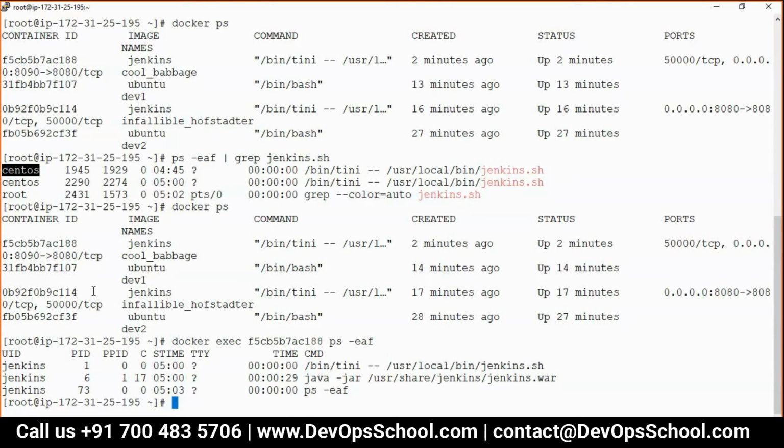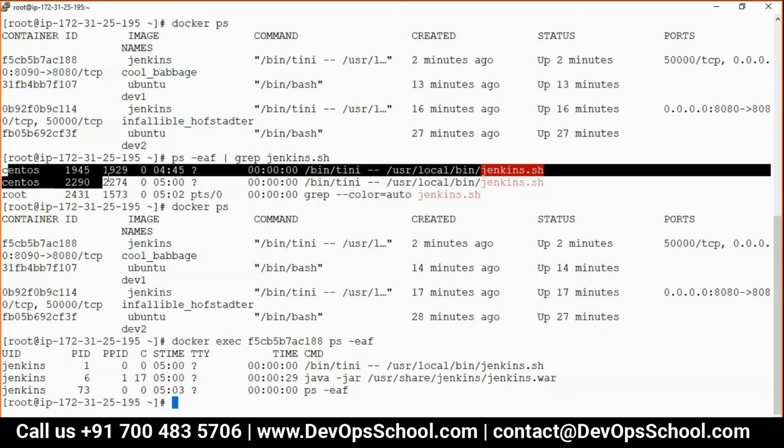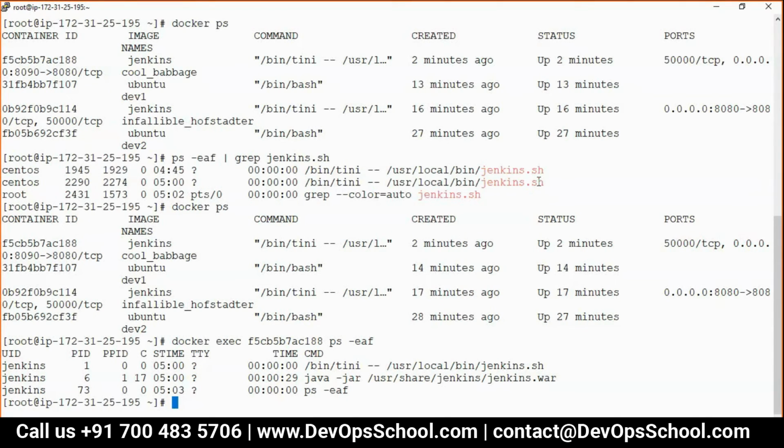I logged in as CentOS and then gained the privilege of root. If you understand the concept of capability, I am still CentOS with the privilege of root. That's what sudo is doing. You do not log in as root directly. I am still CentOS, but got the privilege of root. That's the reason all the processes are still held by CentOS. That was the one reason. Okay.